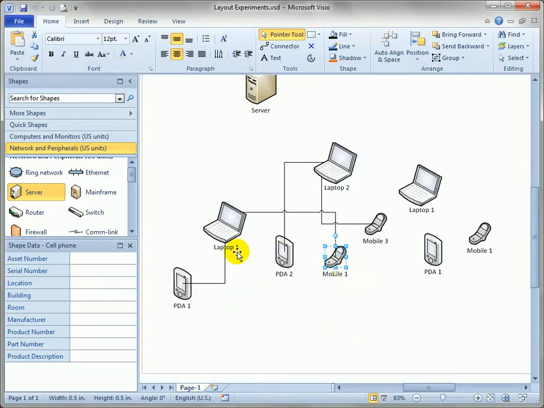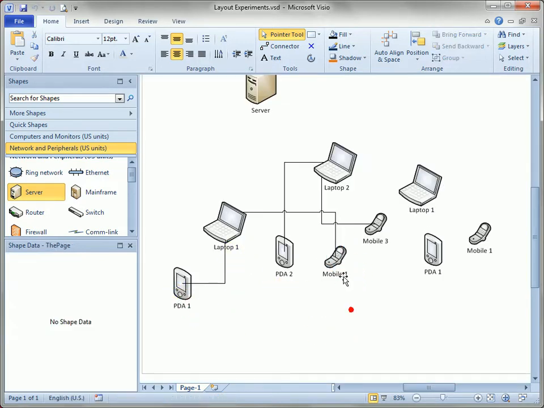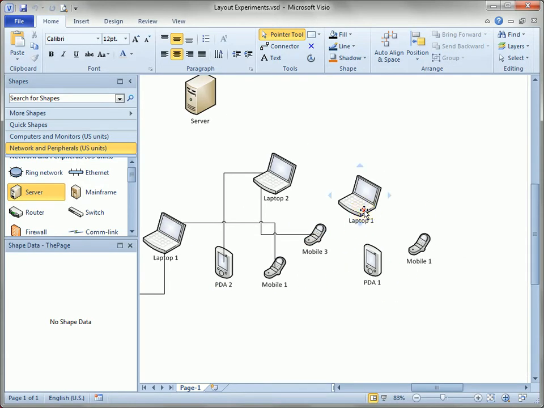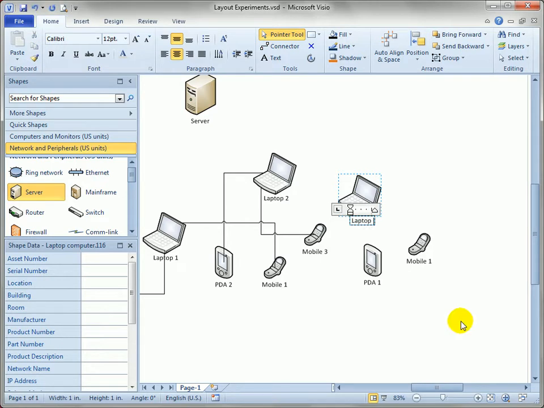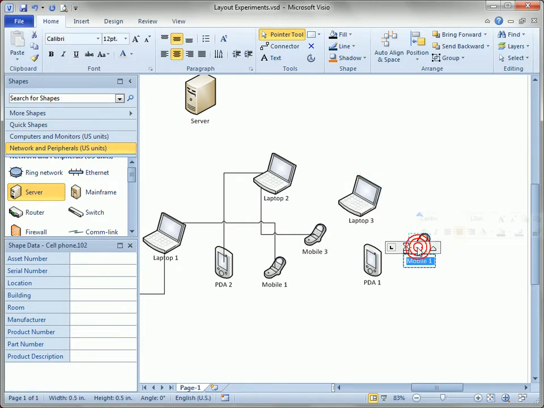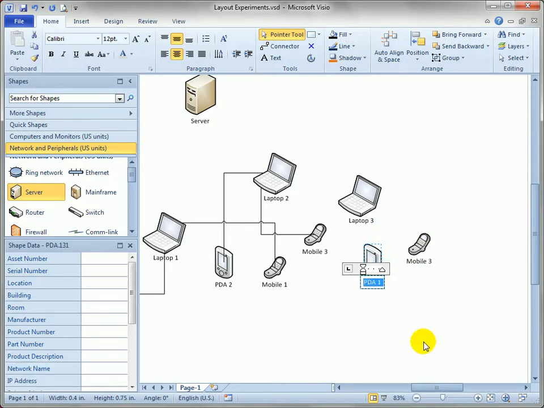And I've started giving them 1, 1, 1, 2, 2, 2 IDs. Can you see them anywhere? And we want to change the last number on this last set to 3. So I just double click the shape, go to the end, change that to a 3, double click, go to